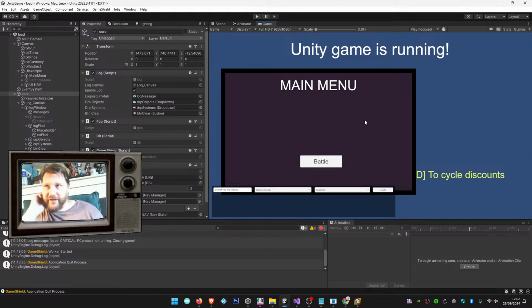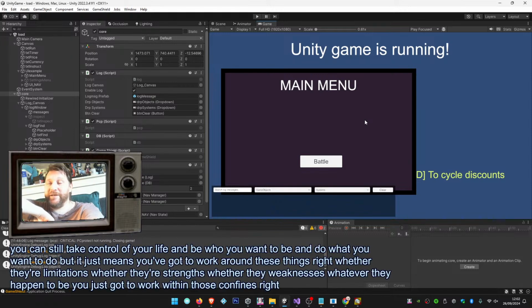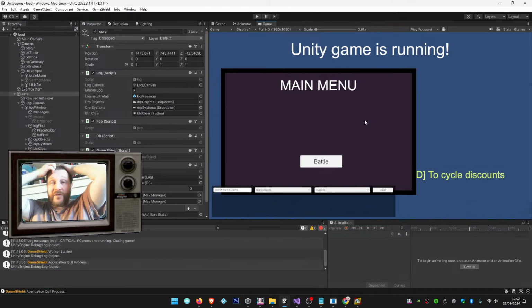You can still take control of your life and be who you want to be and do what you want to do, but it just means you've got to work around these things. Whether they're limitations, strengths, or weaknesses, you've just got to work within those confines, right? But that's kind of what makes life fun and interesting, and we all have to do that. But yeah,